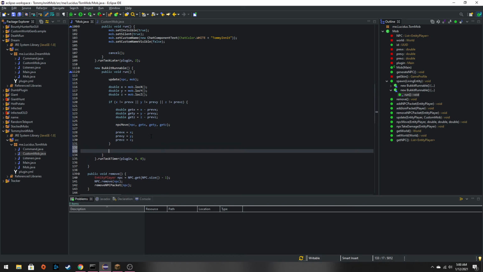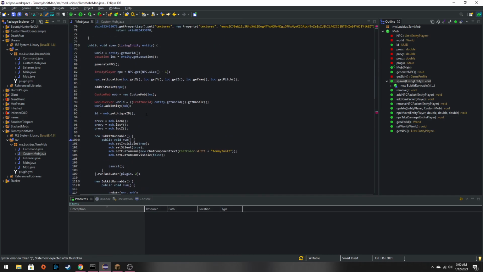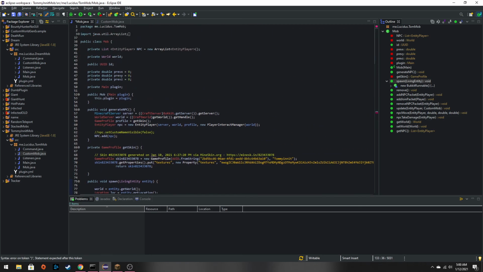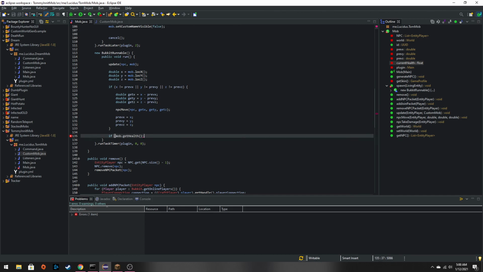So we're gonna, in the same runnable, do another. We're gonna get the mob's health, our custom mob get health, and we're actually gonna create a variable up here. We're gonna just do a private float, and we're gonna call it, this is actually a horrible variable, but just current health. I should have picked something shorter, but for all intents and purposes, we're just gonna do. So if the mob get health does not equal the current health,